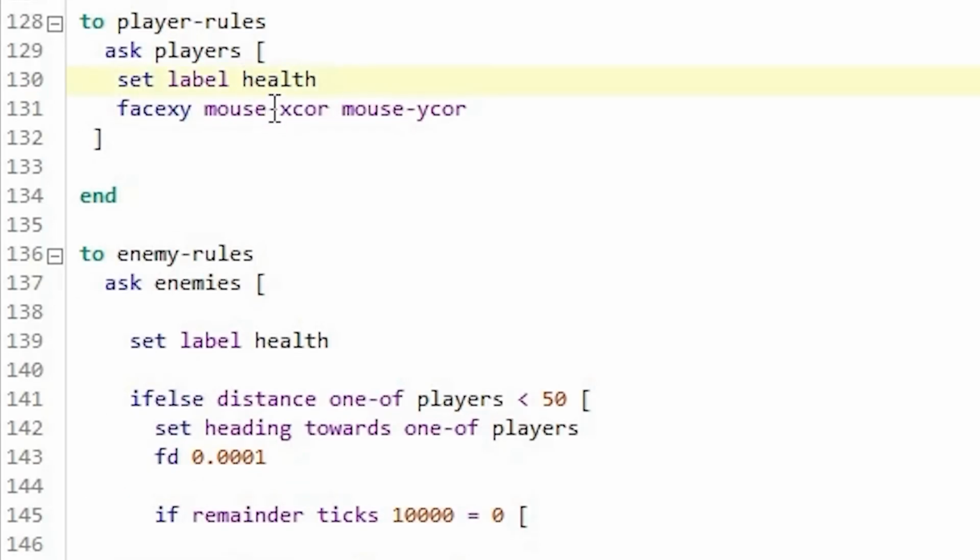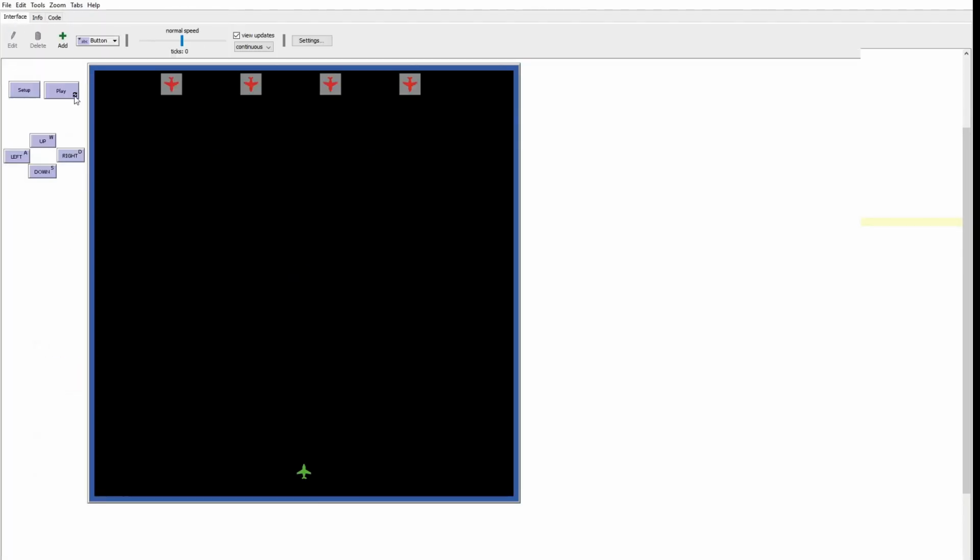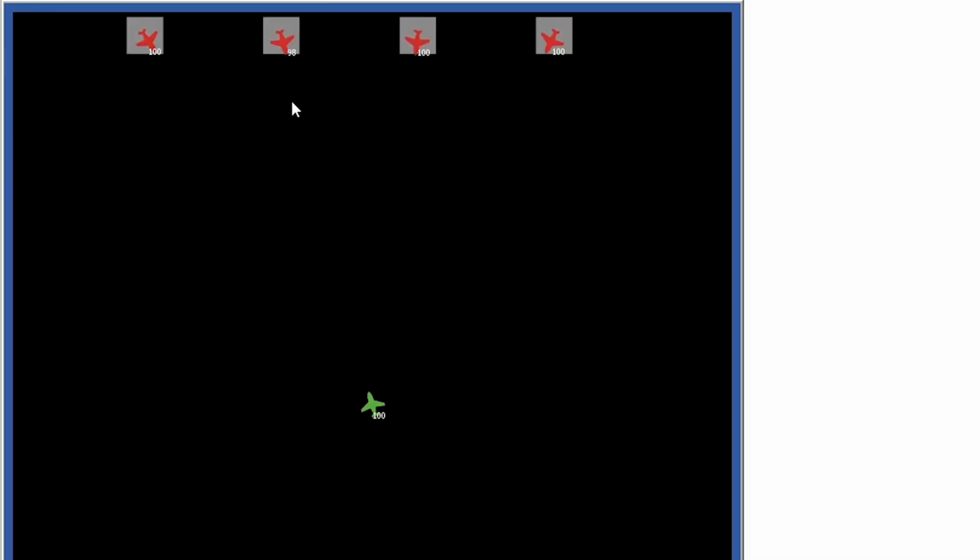So let's try to use something called round. Here for player health, and for enemies also, we can say, okay, round this value. Now let's try it again. Yeah, now it looks good.